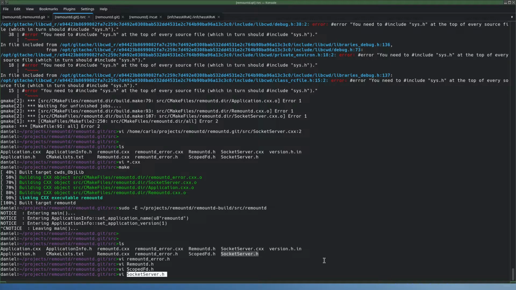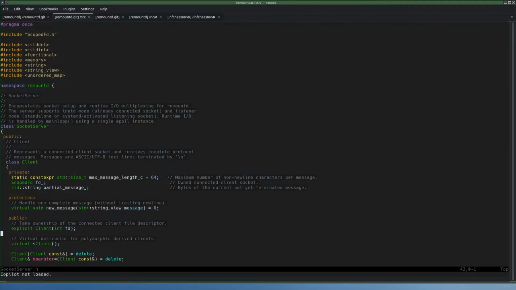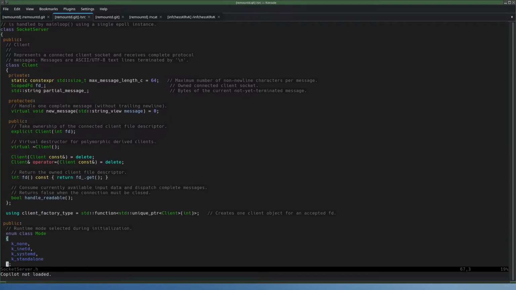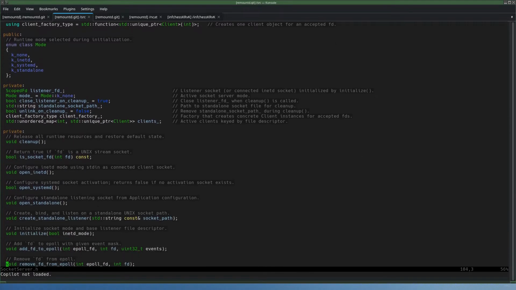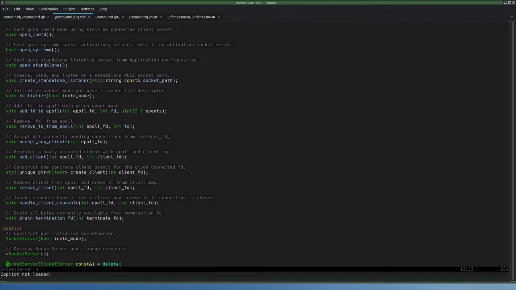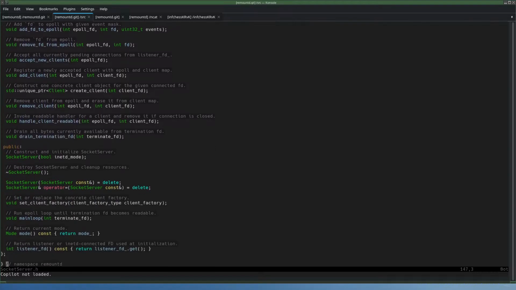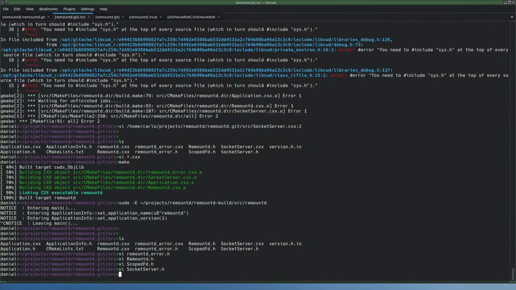Socket server. It's the last header. Yeah, nothing really. Just accessor stuff, but I don't want to print debug output when an accessor is being called. Not yet anyway.